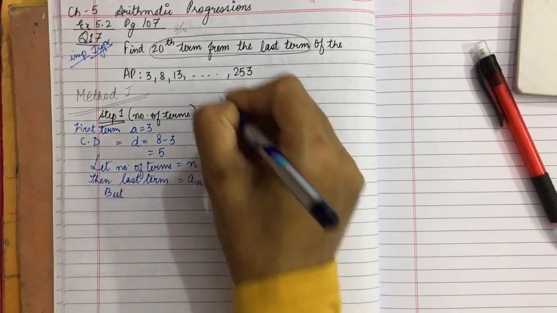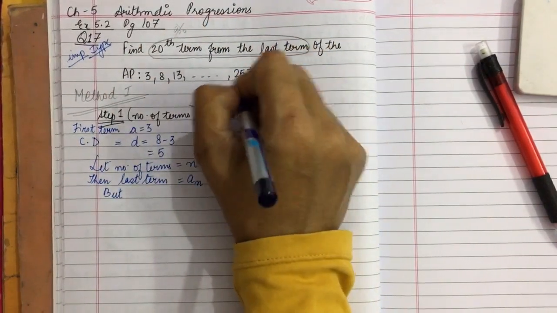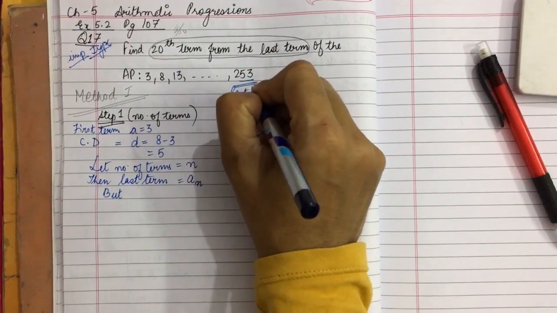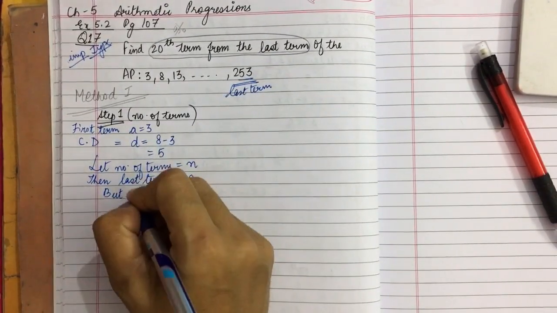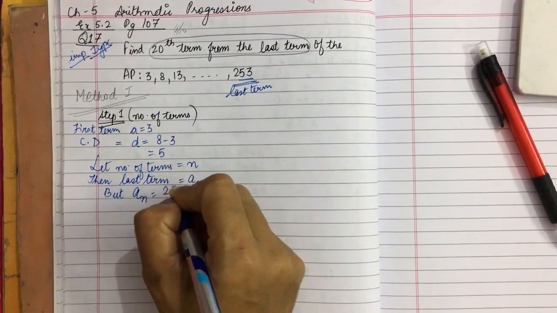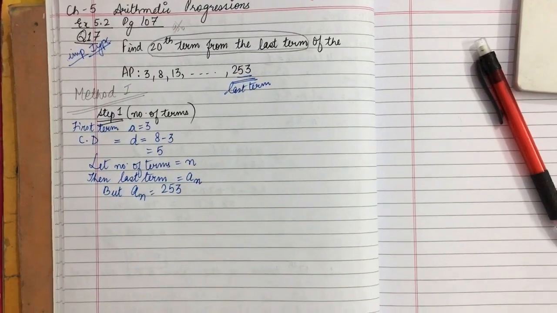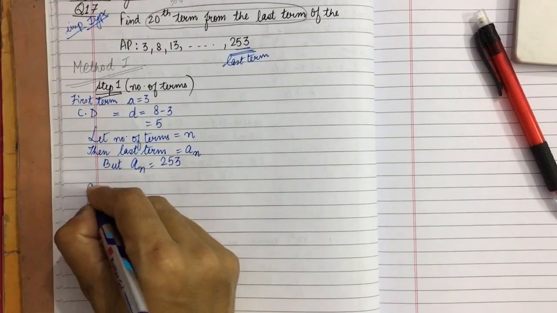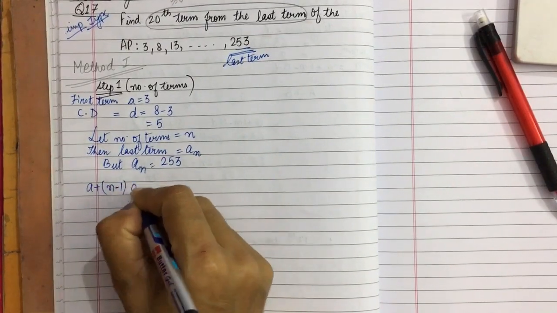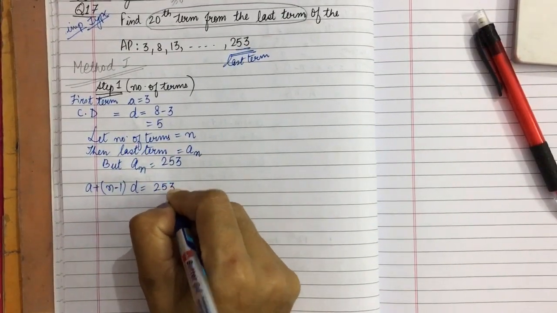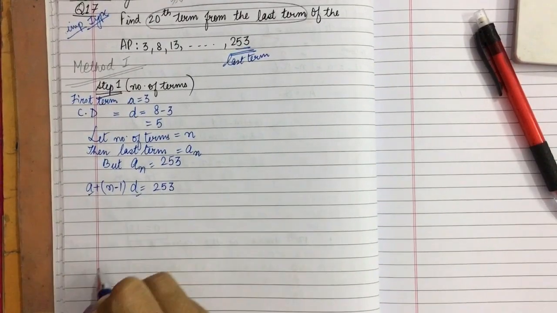But if I look at the list of the arithmetic progression given, what is the last term? This is the last term. I want to find out its position. an is 253. Using the formula for the nth term, it is a plus n minus 1 times d equals 253. Using the values of a and d,